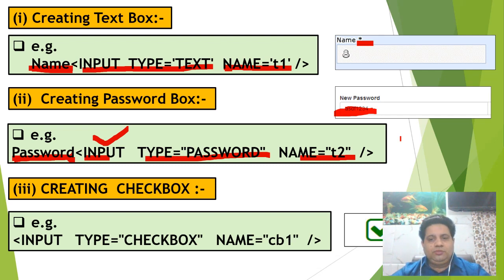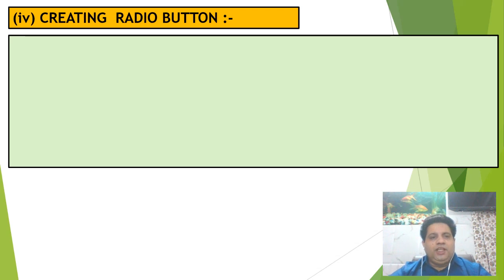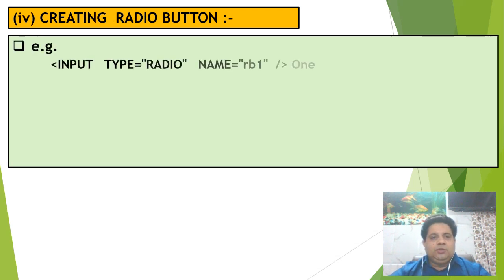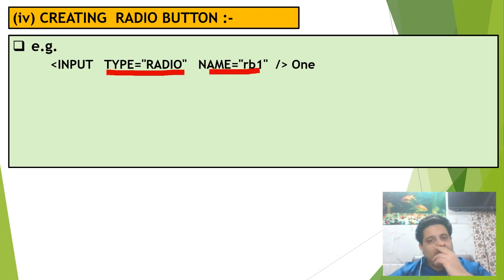Okay. Now you want to create a radio button. Write input type equal to radio, name RB1. Now suppose I want to create 3 radio buttons. The most important thing you must know about radio buttons is that only one radio button can be selected at a time.